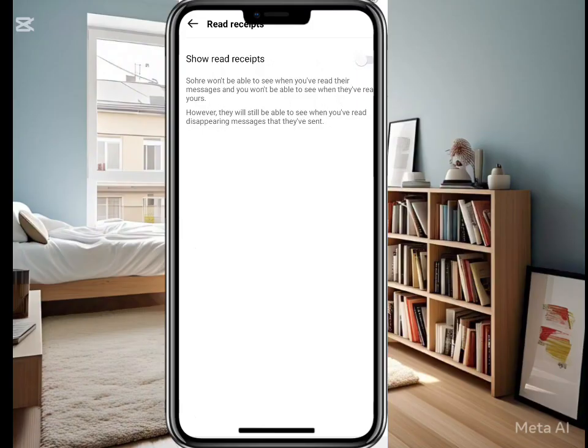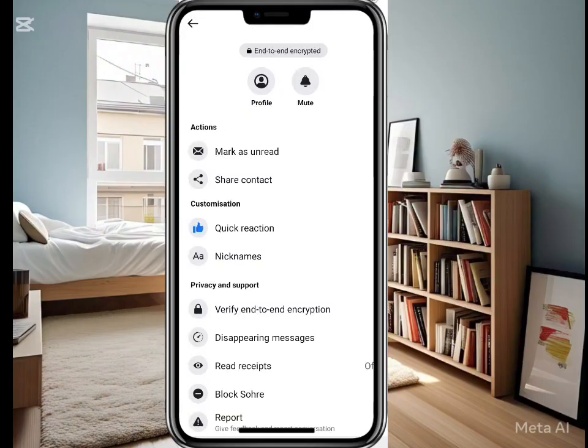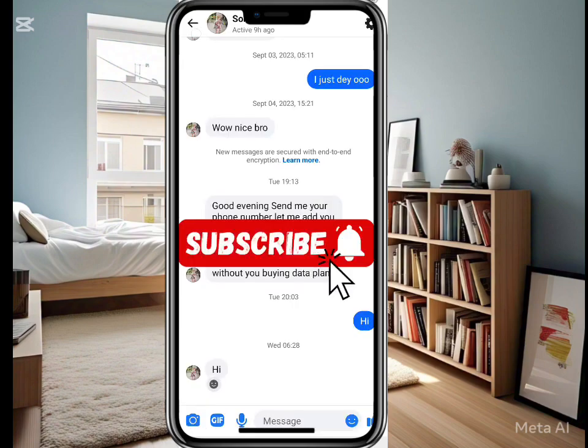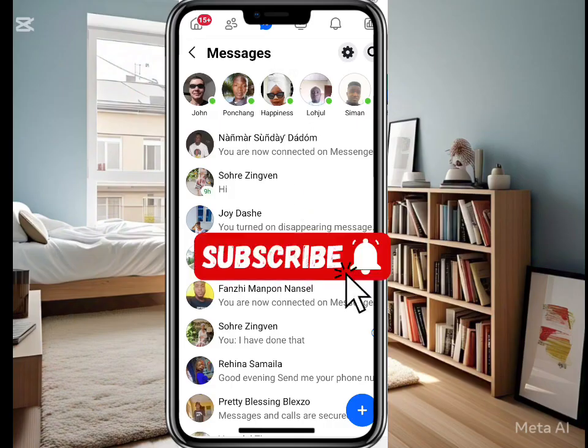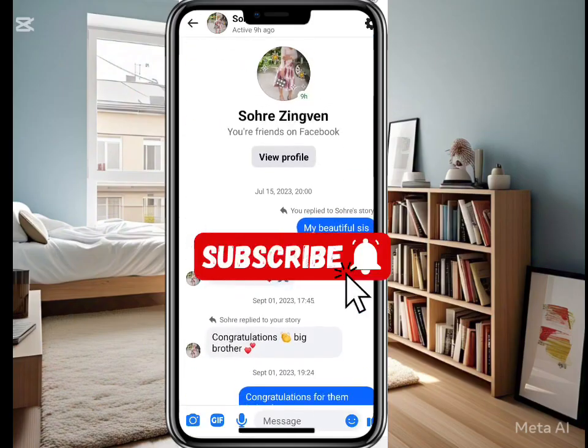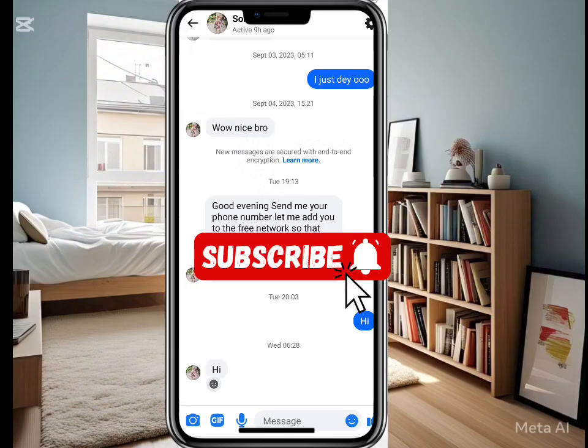After turning it off, just come back. After doing it like this, if you send the person a message, or if the person sends you a message, and you read the message, the person won't know whether you have read the message. So this is how to go